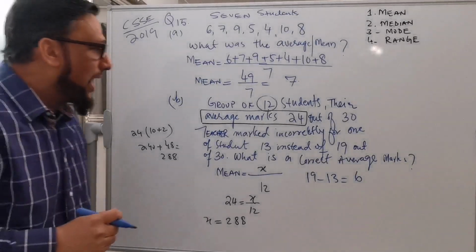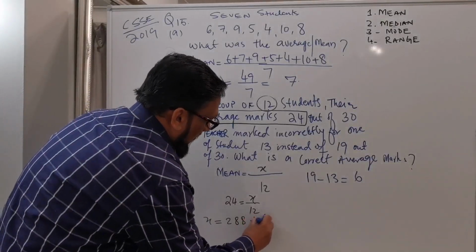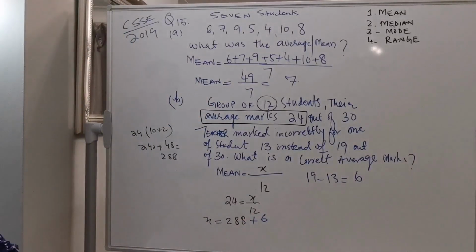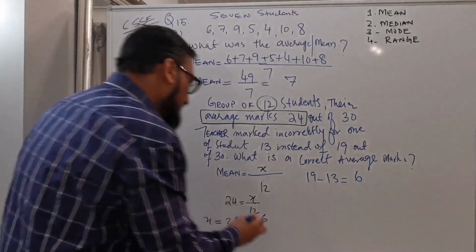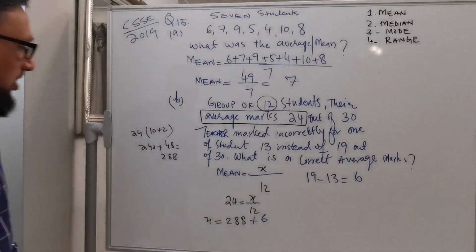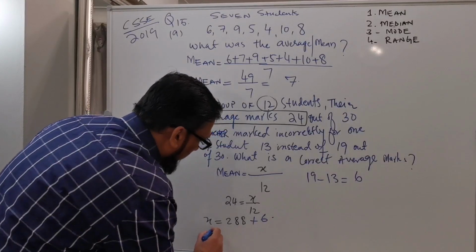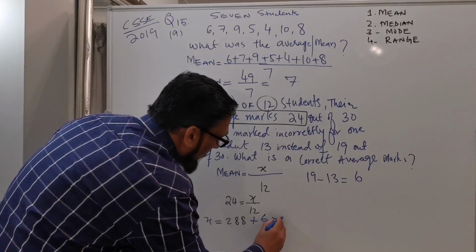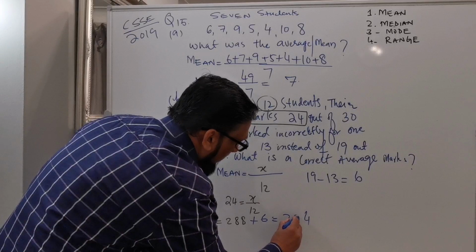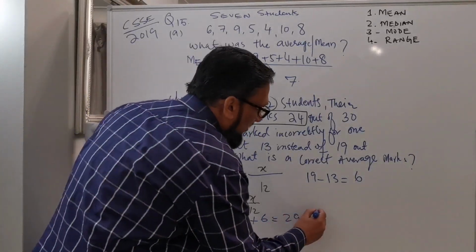We need to add 6 marks for this student, because he was under-marked by 6. So the sum of the data is 294, and we know that